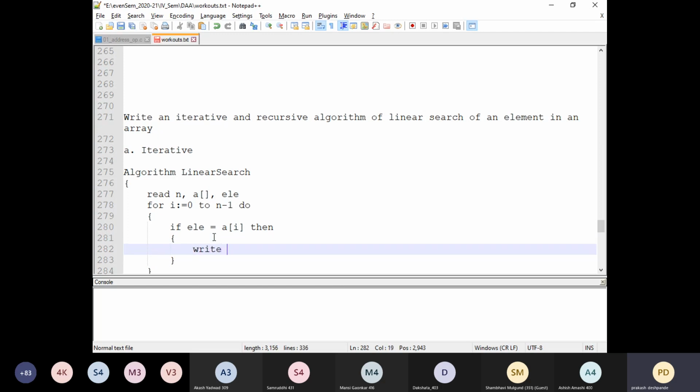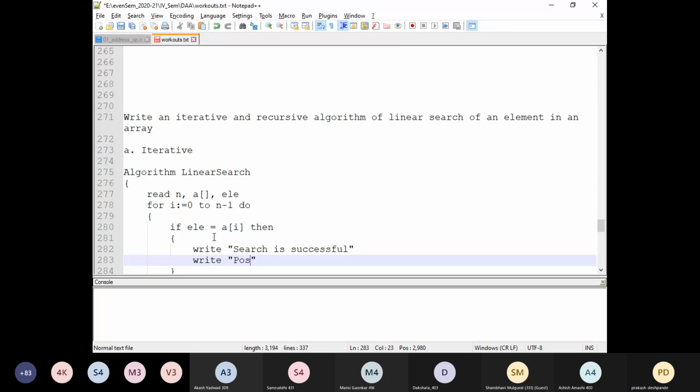So write search is success, and I can also mention the position of that. So write position equals whatever that particular position is. I can write it as i here.